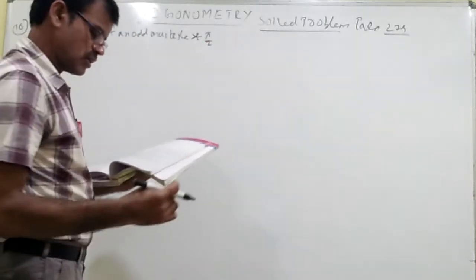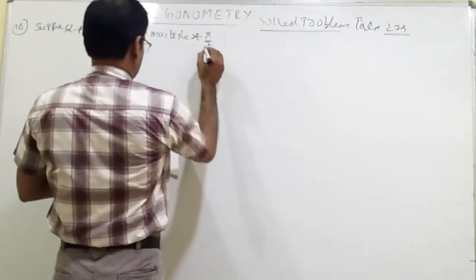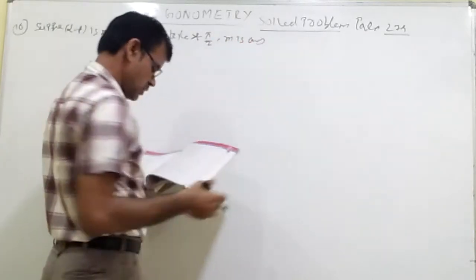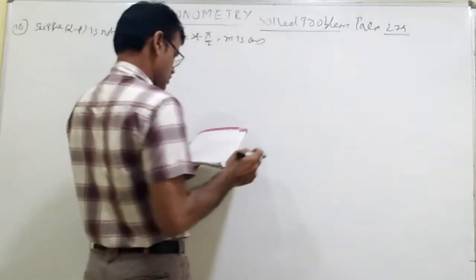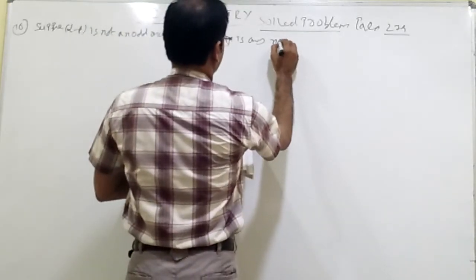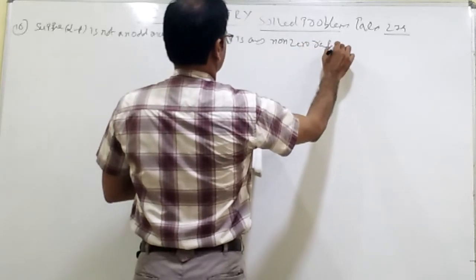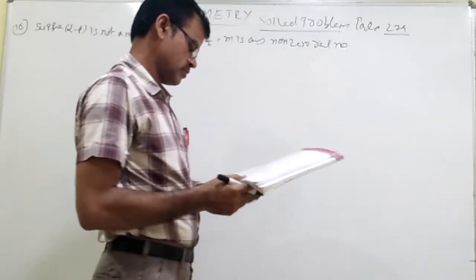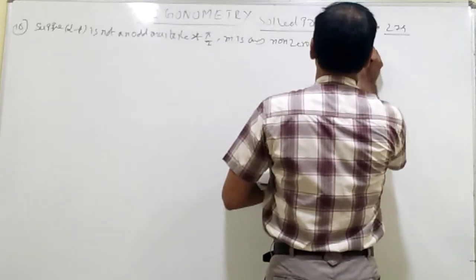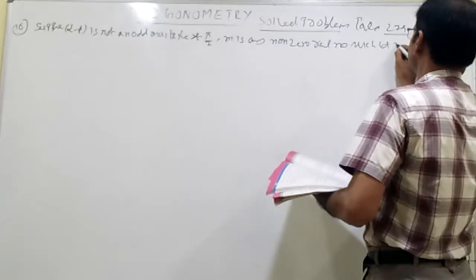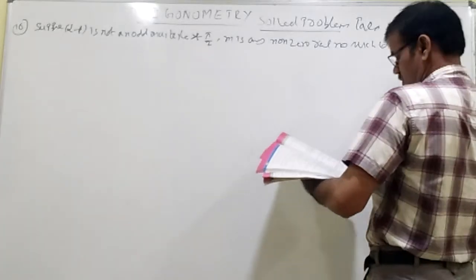Alpha minus beta is not an odd multiple of pi by 2. m is any non-zero real number such that m is not equal to minus 1,